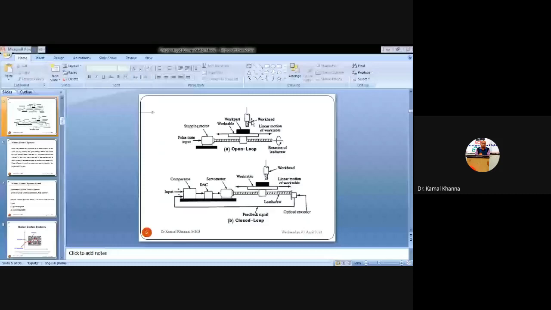But to reduce that scrap in industry, we need a closed loop control system that provides the feedback to the comparator, to the controller, so that it can compare and control all the errors that may occur during the operations.